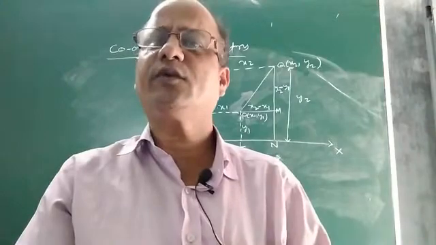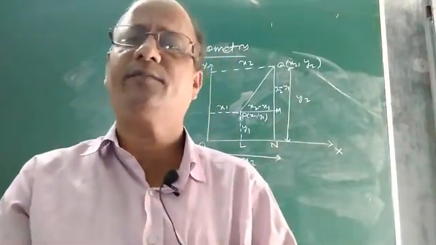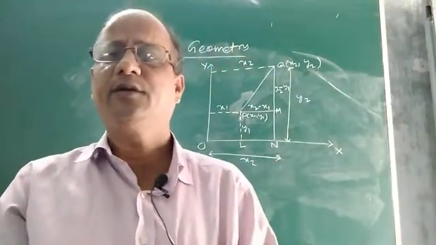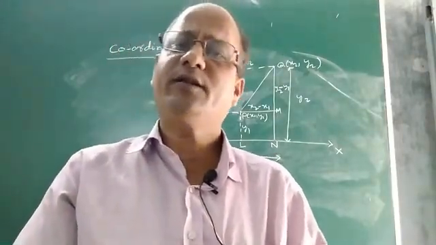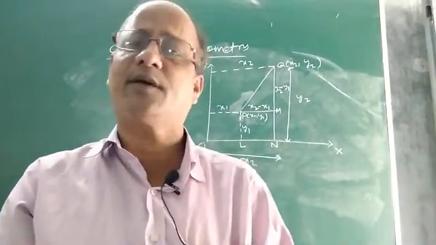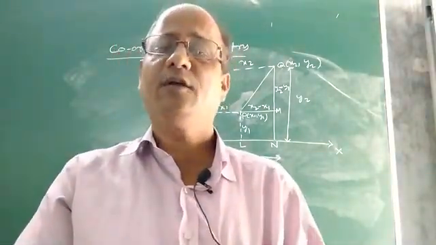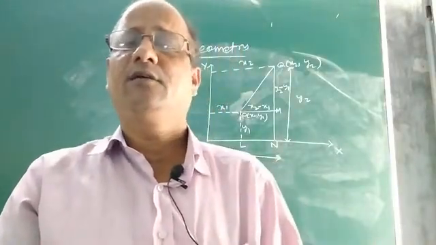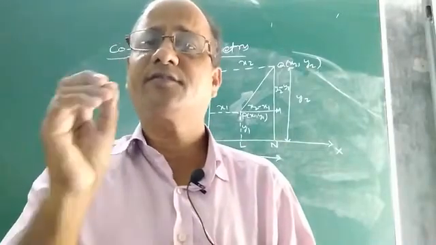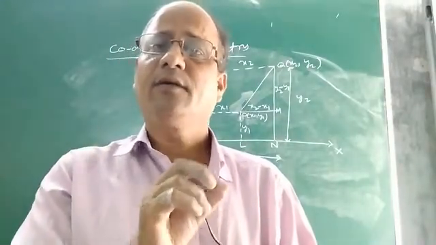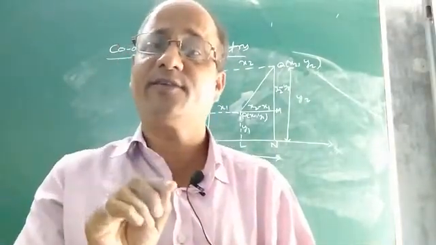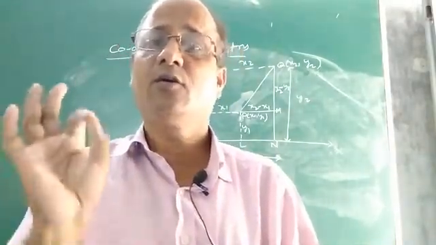Children, in the last class we completed the chapter on arithmetic progression. Today let us start a new chapter, coordinate geometry. Children, you read coordinate geometry in class 9, and in class 8 also there was a chapter known as Introduction to Graph, where we had read what is the Cartesian system or coordinate system, consisting of the xy plane, x-axis, y-axis, and the origin, the point where the two coordinate axes intersect.